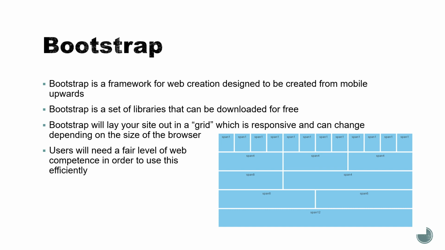But Bootstrap is a framework that isn't amazingly dissimilar to tables in that it's still laid out in a grid. But the idea is that it can be resized, it can be laid out for different sizes of browser, and it's meant to be responsive depending on the type of browser you are coding in and viewing your web pages on. So for example, you can see the image here is a variety of different rows, each with a variety of different columns. Now each one of these could be a layout that you would use within Bootstrap, and what would happen,